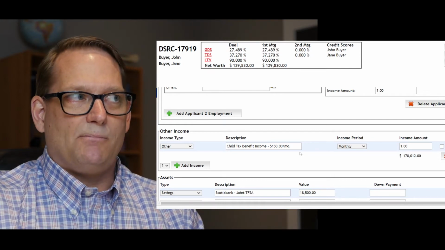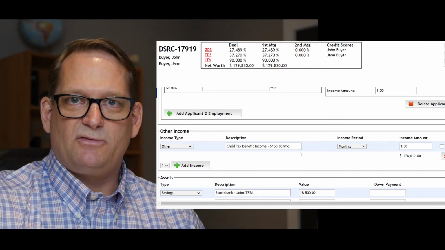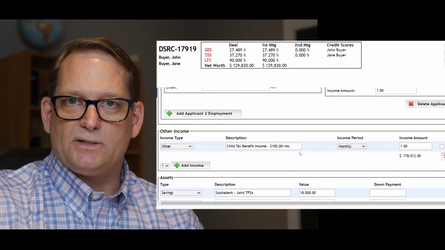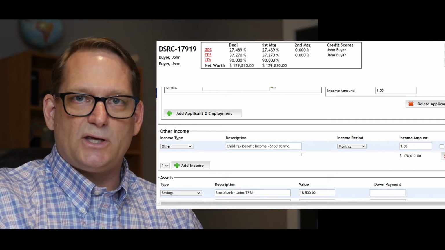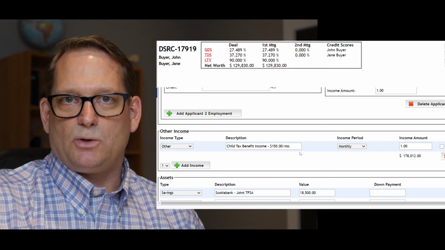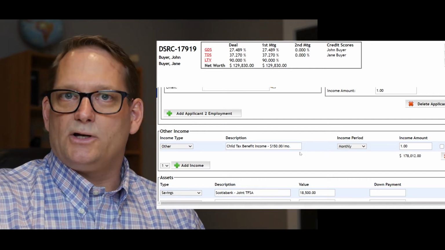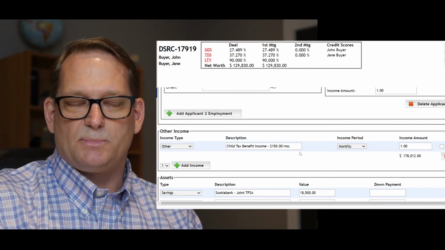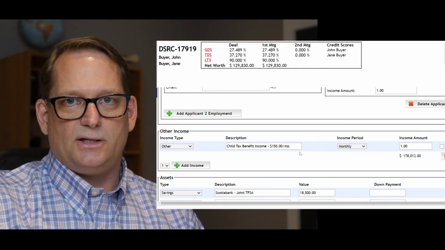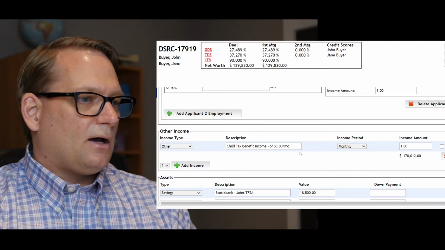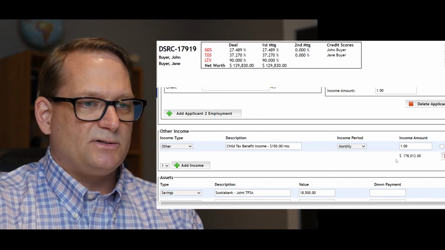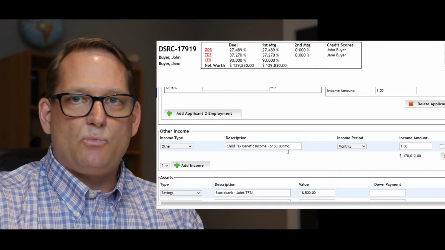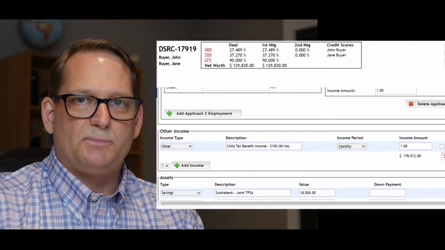Now, most of the main banks that we work with, Scotia, TD, all the big 5 banks, they typically don't use that income, but some of our lenders in the broker space do. So I do collect that information. If we do need to use it, it is something that we can add in, but not all lenders will do it. But if they're purchasing a home that brings your debt ratios up a little bit higher than where it needs to be, then we can add that income in here and use at least a portion or even all of it if we need to. So what we've got here, so we've got the total income, $178,012 for the 2 of them, and we can add a little bit more here for the child tax benefit, $150 a month if we need to as well.